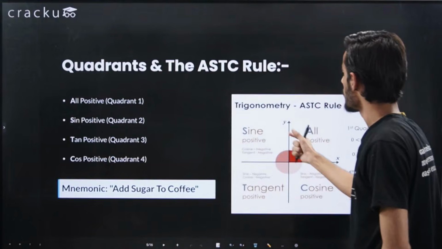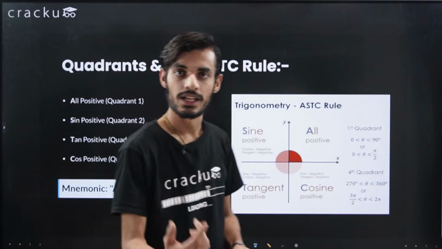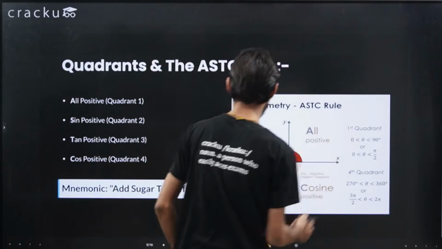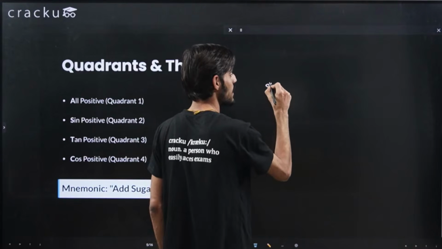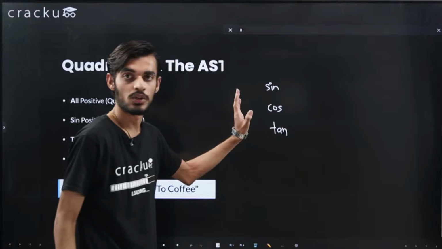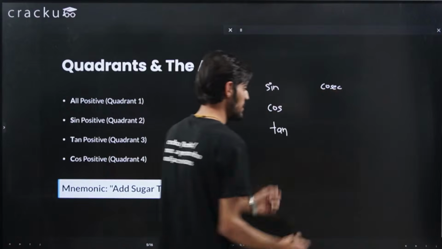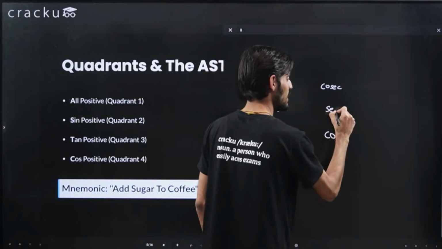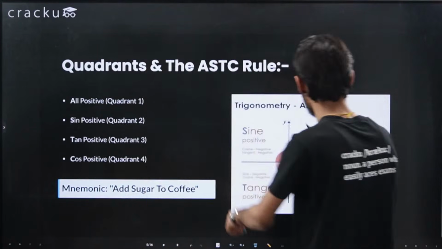So first let's understand a bit about trigonometric identities. We have basically 6 trigonometric identities that are sine, cos and tan. I hope you must have studied these identities in your school. And the reciprocal of sine is cosec, reciprocal of tan is cot, and reciprocal of cos is sec. So basically we have 6 trigonometric identities and we will start with this xy plane.